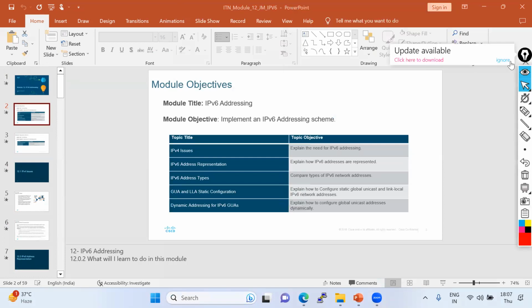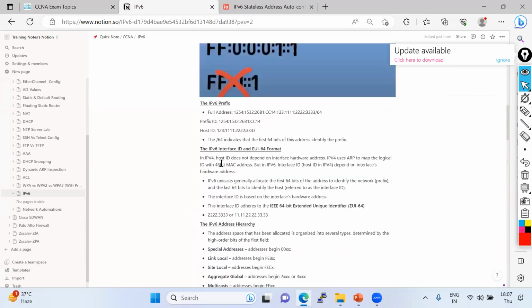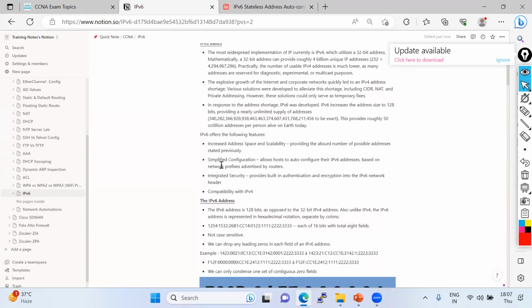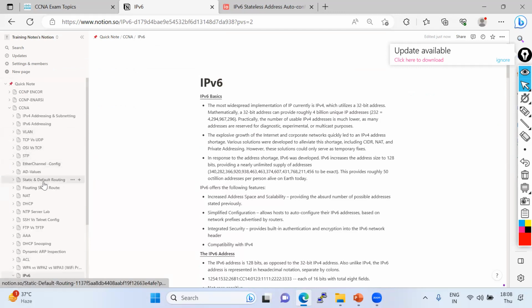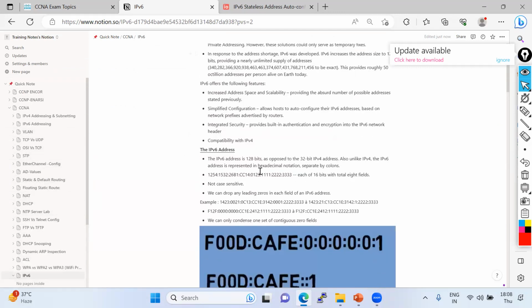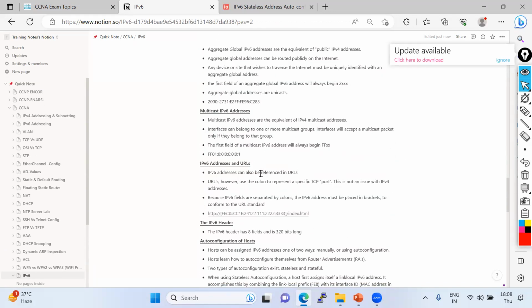Trust me, "unlimited addresses" is the correct phrase. It means the number is too big. You could even assign every single device belonging to the universe, not only the Earth. So because the number is so big, it has a lot of capability in terms of assigning addresses. So you can see where the range was.